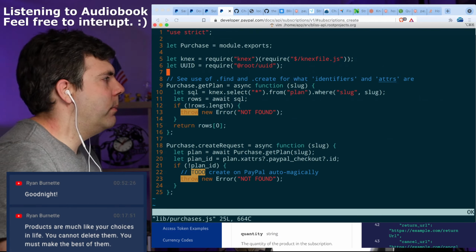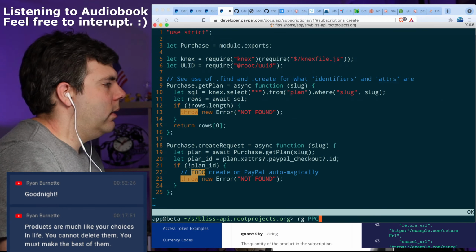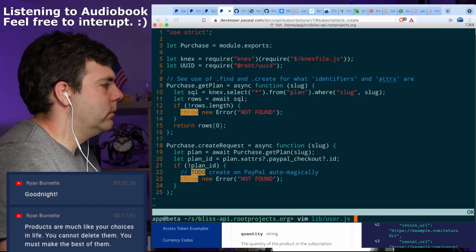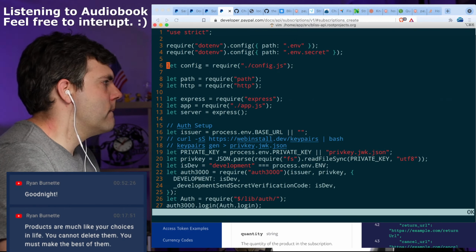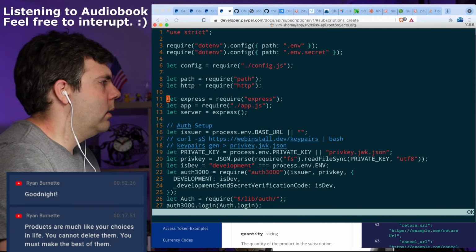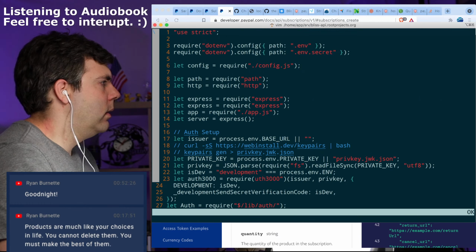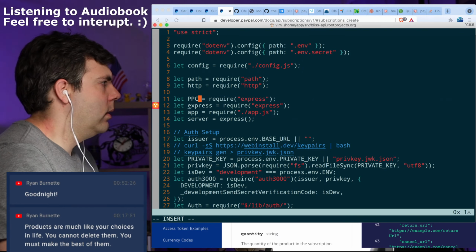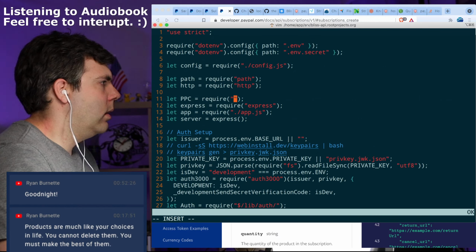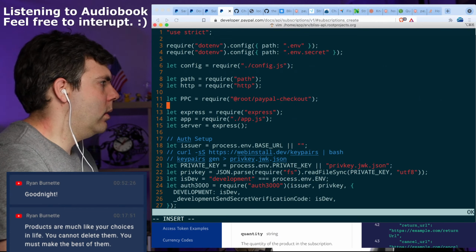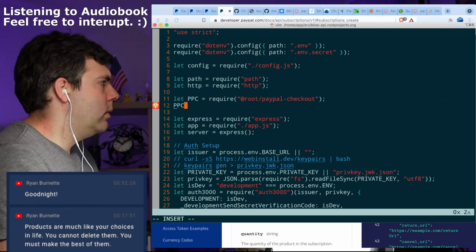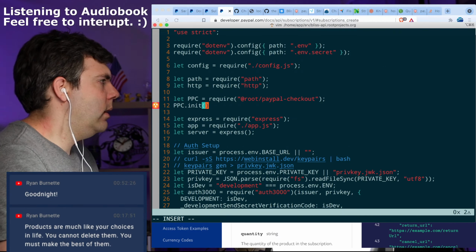That is a little bit of dependency injection. We could just do here, we could say, you know, let PayPal checkout, initialize it right here.